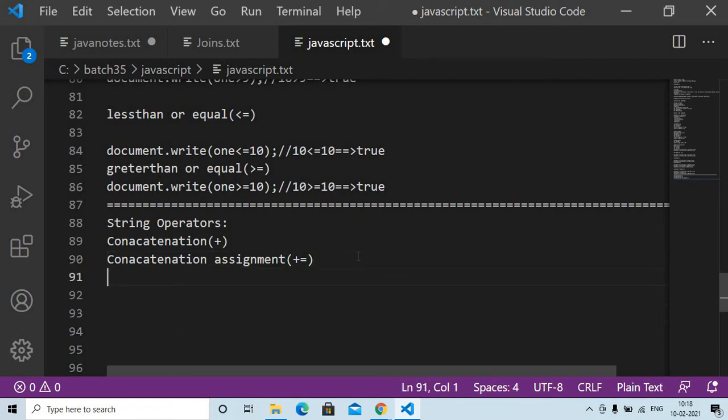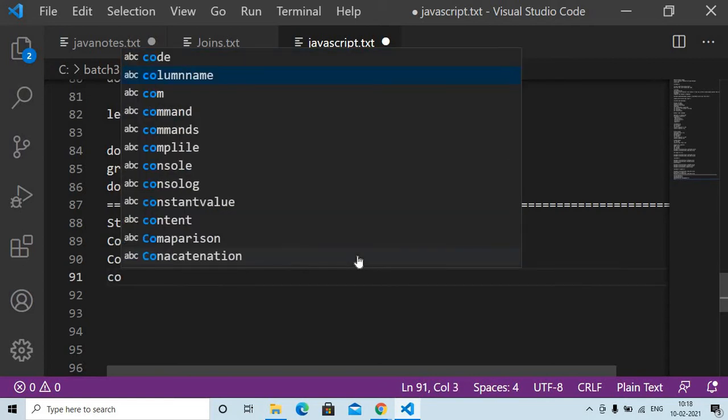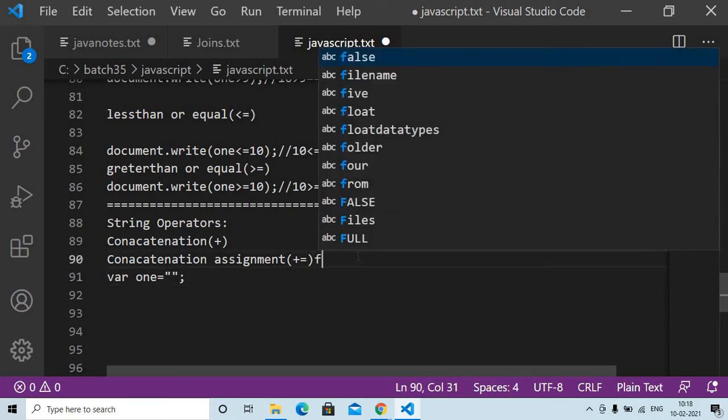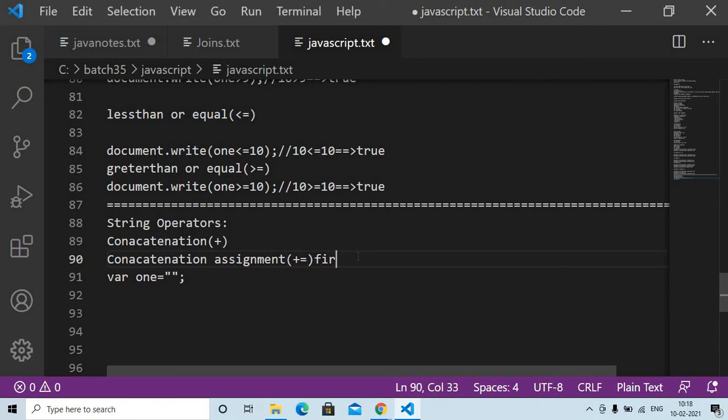Okay, so now you take one console or document.write. Or you declare one string type of variable, where 1 is equal to first string I am taking. Okay, inside of this string I am taking as a first string.